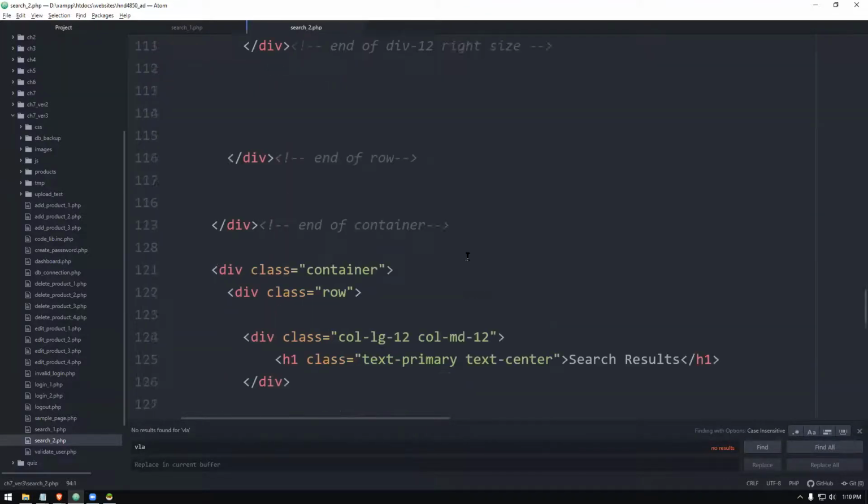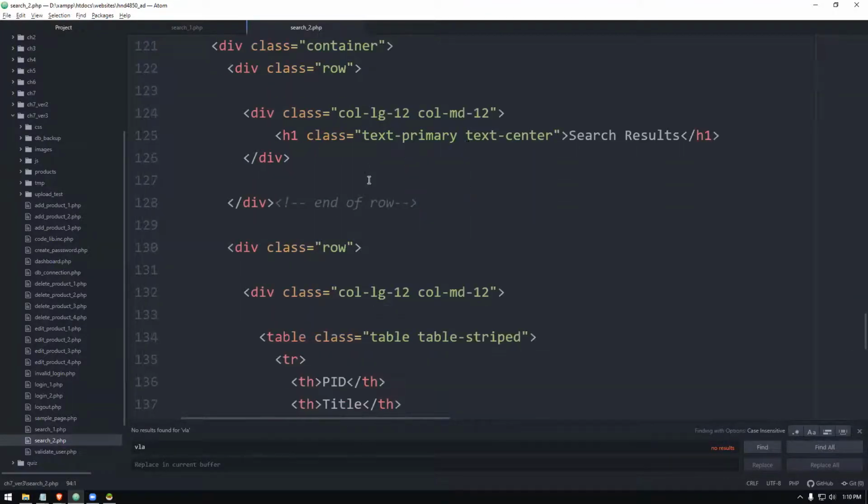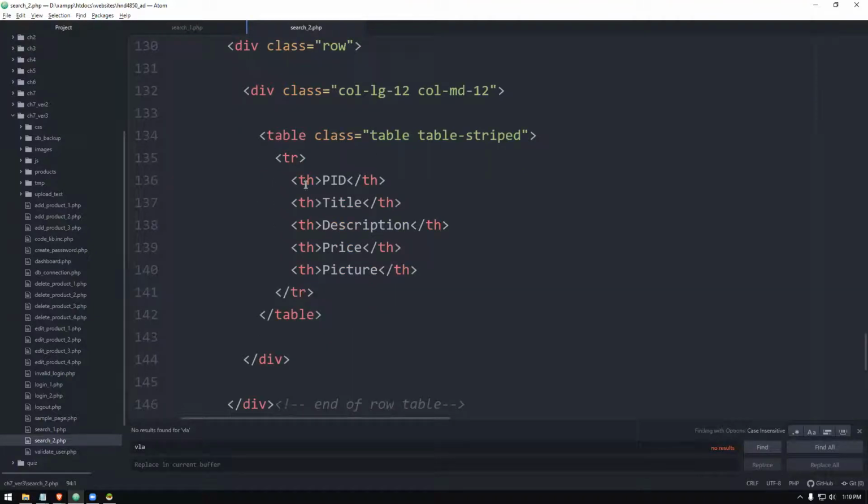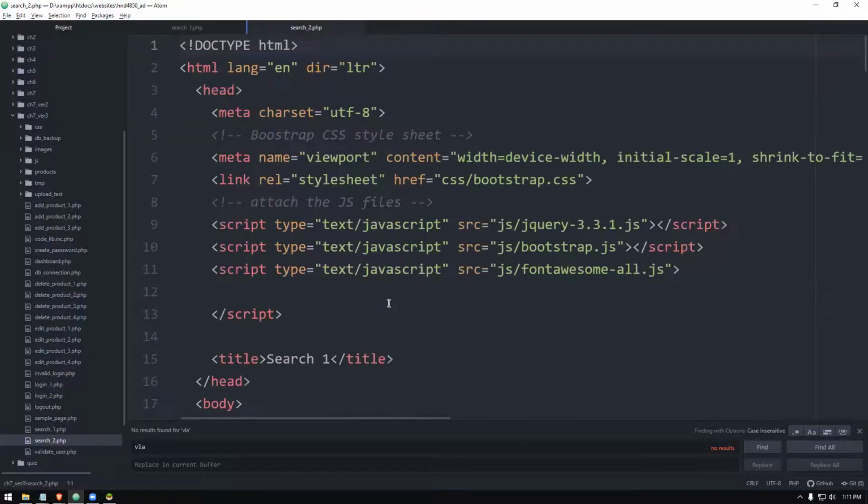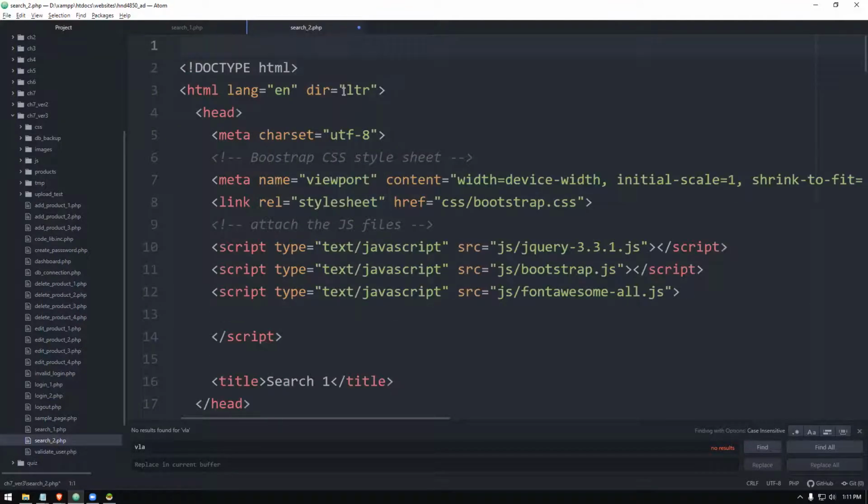So under the form, I'm having a row in which I'm having a table, and I'm having a CSS formatted table with Bootstrap, and these are the column names or column IDs I have given. Now we need to perform the actual search routine, and we're going to display the details. So before that, what we can do is we can link this to the database part, right?